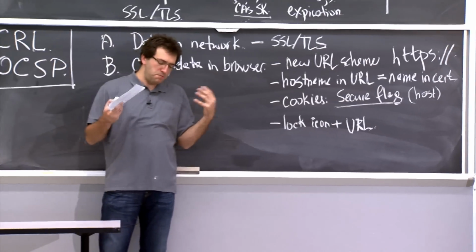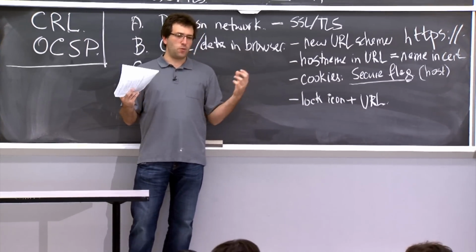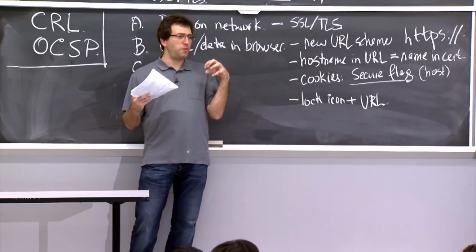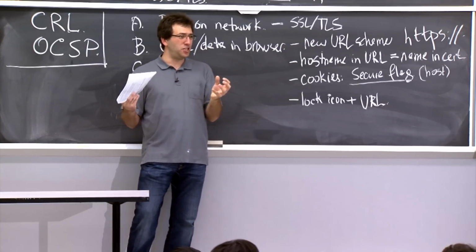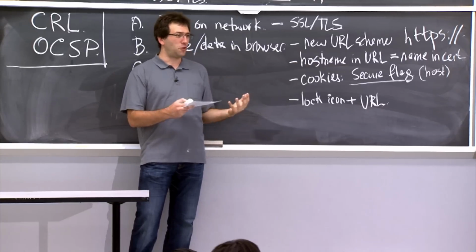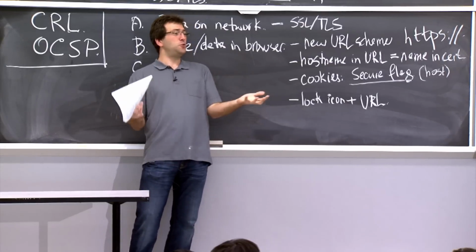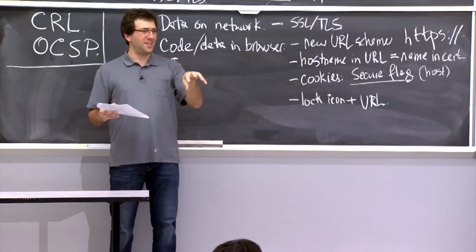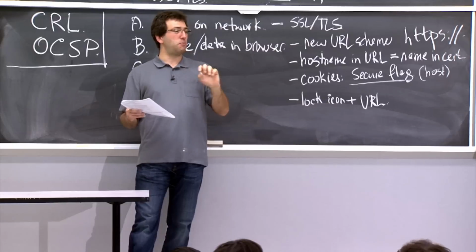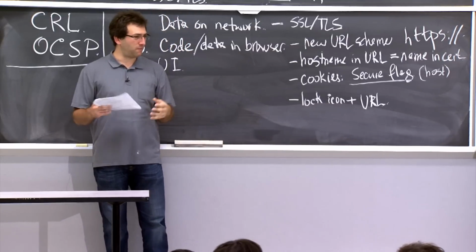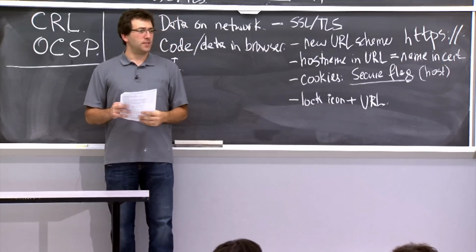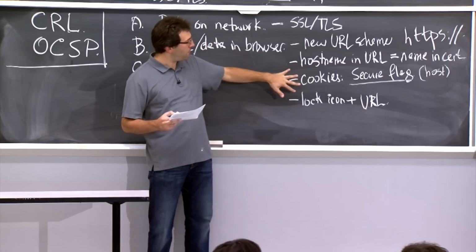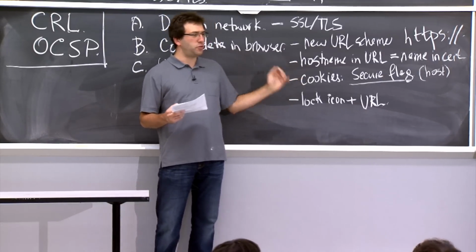So this leads to somewhat more subtle attacks, but the flavor of these attacks tends to be things like session fixation. Suppose I want to see what emails you're sending. Well, maybe I'll set a cookie for you that is a copy of my Gmail cookie. So when you go to compose a message in Gmail, it'll actually be saved in my sent folder instead of your sent folder. It'll be as if you're using my account, and then I'll be able to extract things from there. So if I can force a session cookie into your browser and get you to use my account, maybe I can extract some information that way from a victim.